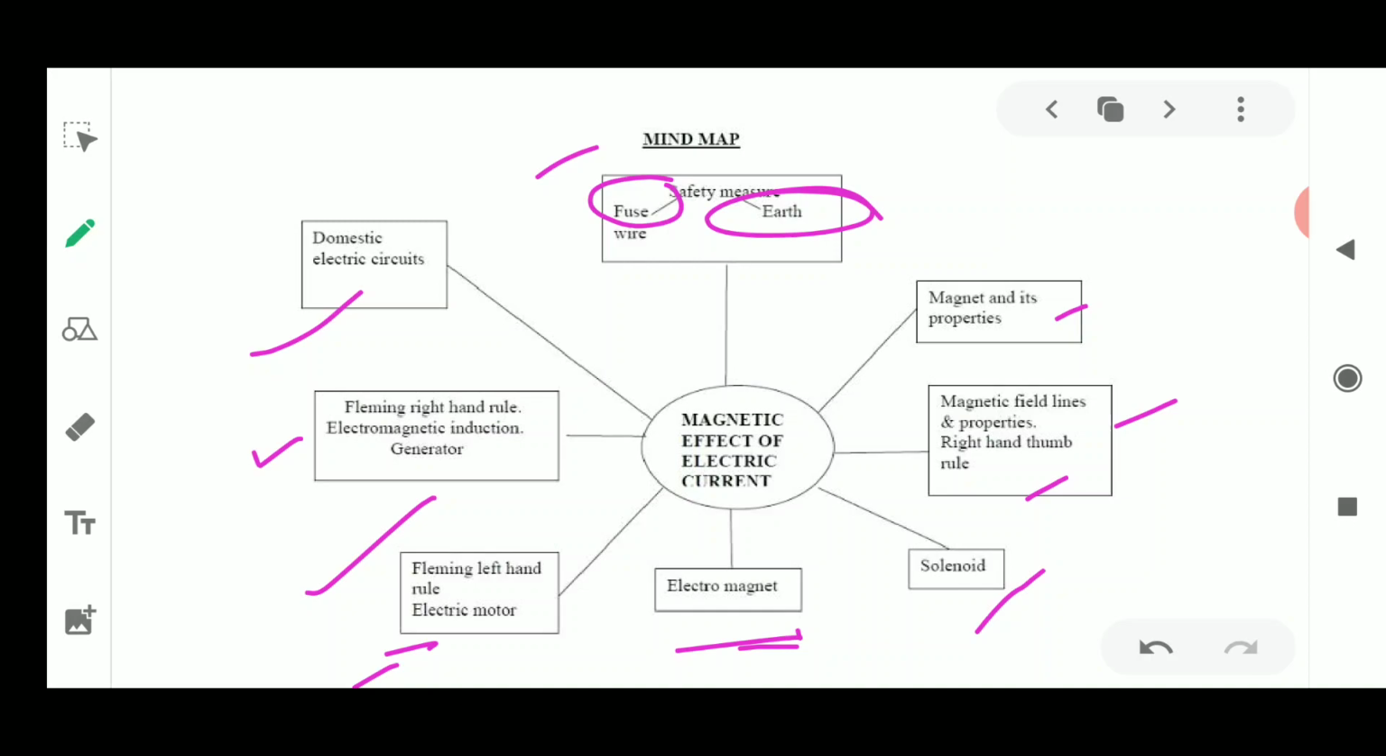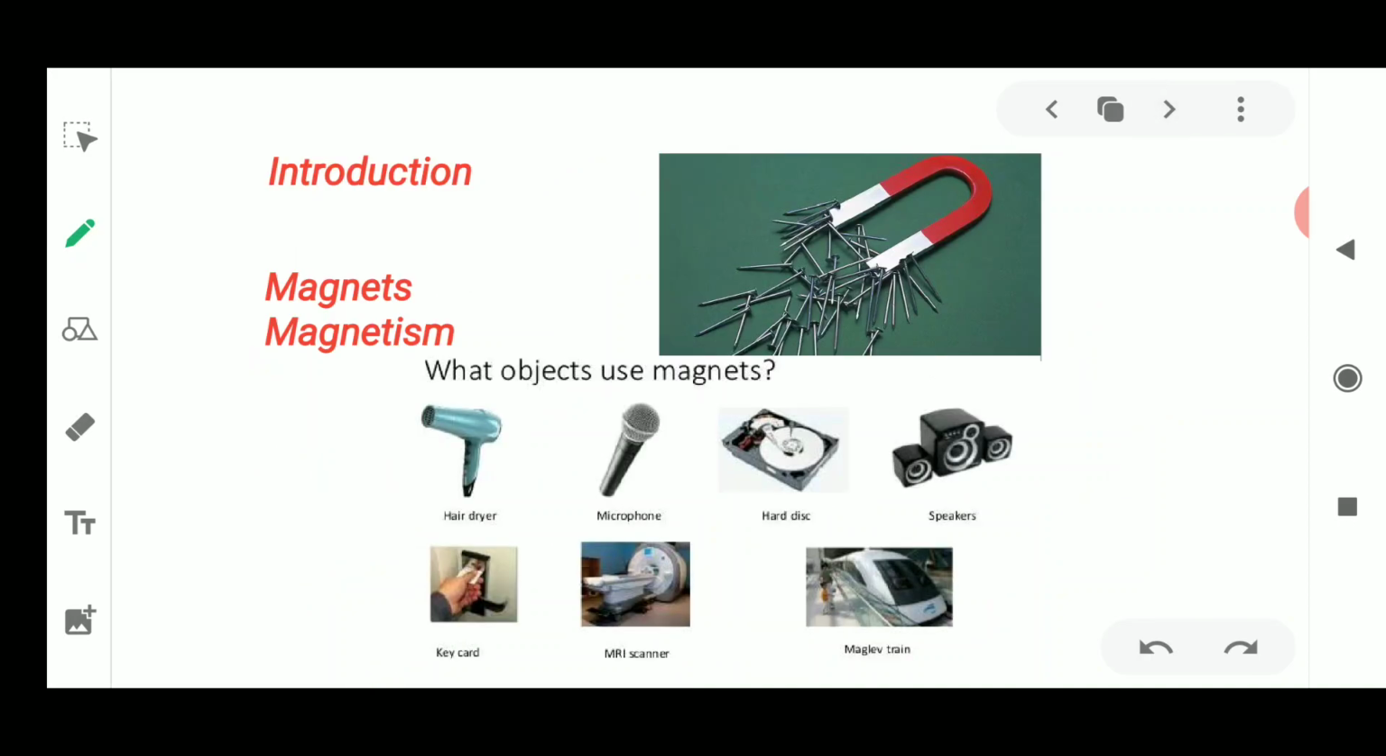Okay, so these topics will be discussed in this complete chapter on the magnetic effect of electric current. Starting with the magnetic effect, first I'll introduce the topic magnets and magnetism. Here are two pictures which I have pasted. The first picture shows a magnet clinging some objects. These objects are made up of iron, and the magnet has a property to attract these iron pieces,